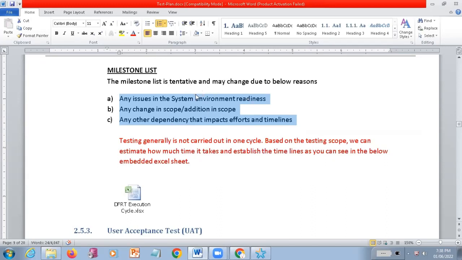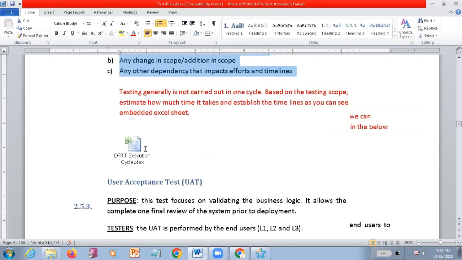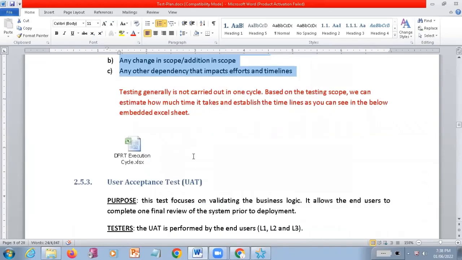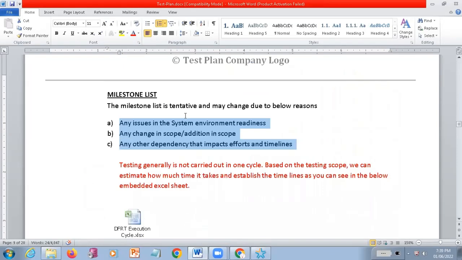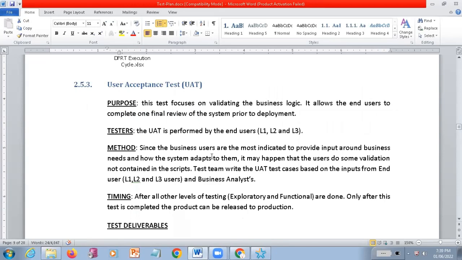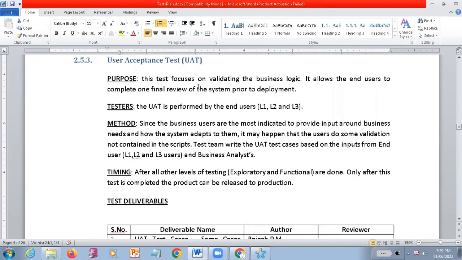You should not simply come and say that you did not test it on time, or that I am not able to test like that. No. So at least try to satisfy the dates. 95% you should complete the work within the given time. Maybe because of these reasons it's going to vary, meaning it's not in our hand. Okay. So that is what they have mentioned. While preparing the test plan itself, they are going to give some tentative dates. So you want to follow those dates and complete the task within the given dates. Okay, you are getting it, right?